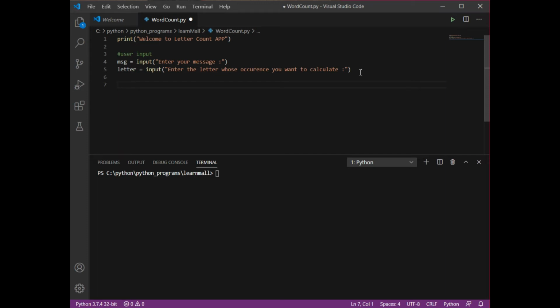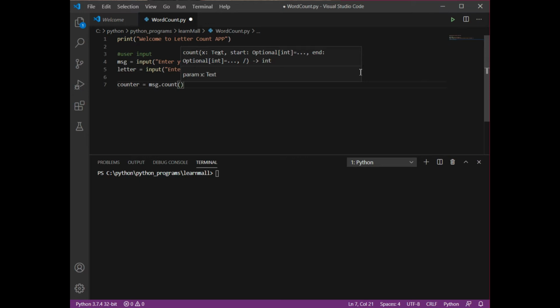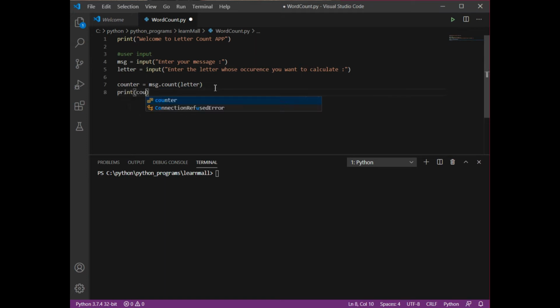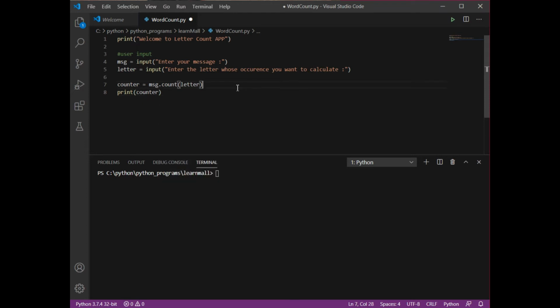So here we are going to take one variable, let's say counter, and inside counter I'm going to count, from message, the letter that is stored in the variable known as letter. And then I'm going to print that counter. Let's save this code, run it, and see what happens.